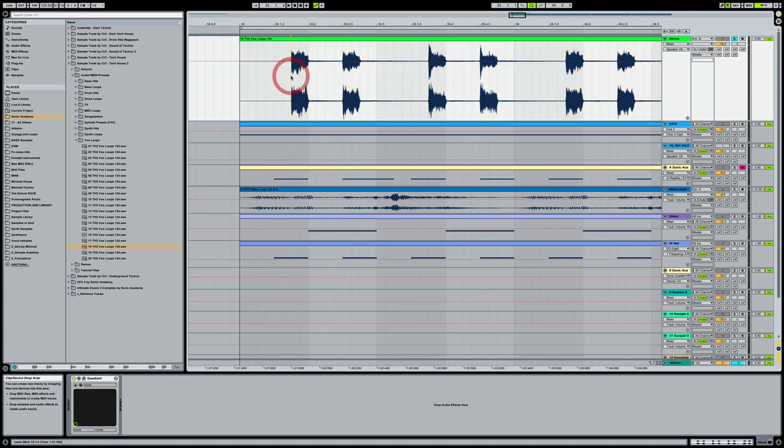I think something like this is going to work for what I'm looking for. It's got an upbeat characteristic. The syllables are going up, so to speak, instead of down. So we're getting kind of an up motion rather than a down motion, which I think will be good for the track. So I'm just going to take this and cut it